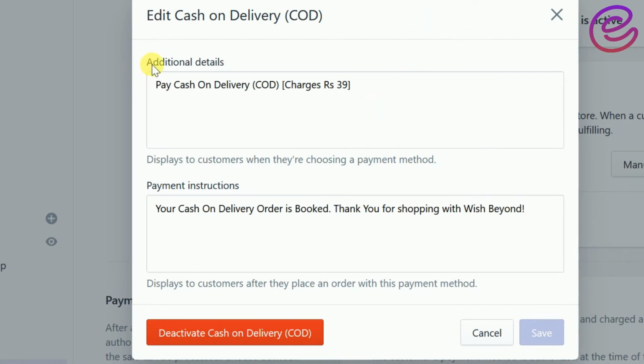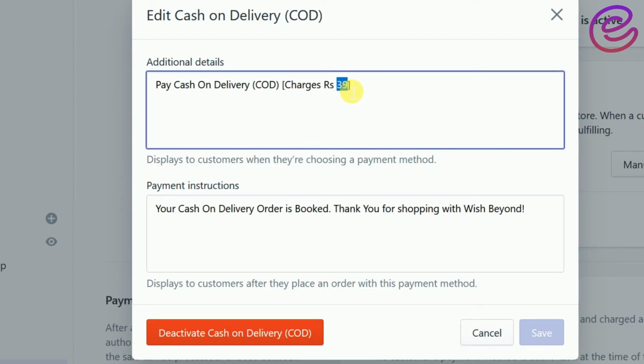What you need to do is, under the more details section, enter the text pay cash on delivery, and you need to mention how much you are going to charge the customer. Now this amount may differ for you. I have charged 39 rupees, so you can charge a max of 50 to 60 rupees on cash on delivery in India.